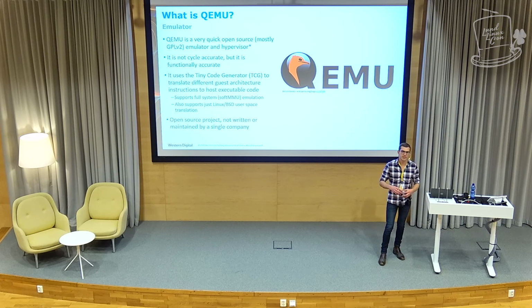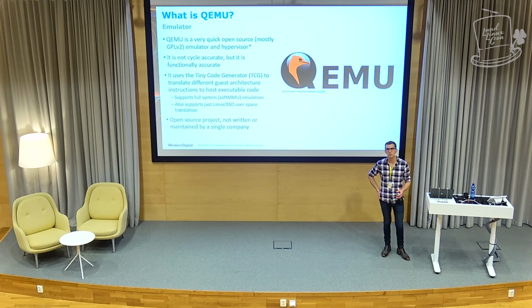It uses this thing called TCG, the Tiny Code Generator, and that translates your guest architecture, so RISC-V in this case, onto your host PC. Eventually that'll be RISC-V as well, but for now it's still x86 or something else. And there are 2 modes for this. There's soft MMU, which is a full system mode. So you start up with your firmware in machine mode that boots to your kernel in supervisor mode, which starts up an MMU. Maybe you have a hypervisor and you have a 2-stage MMU. Then you run user mode. It's the full system: interrupt controller, interrupts, timers, everything.